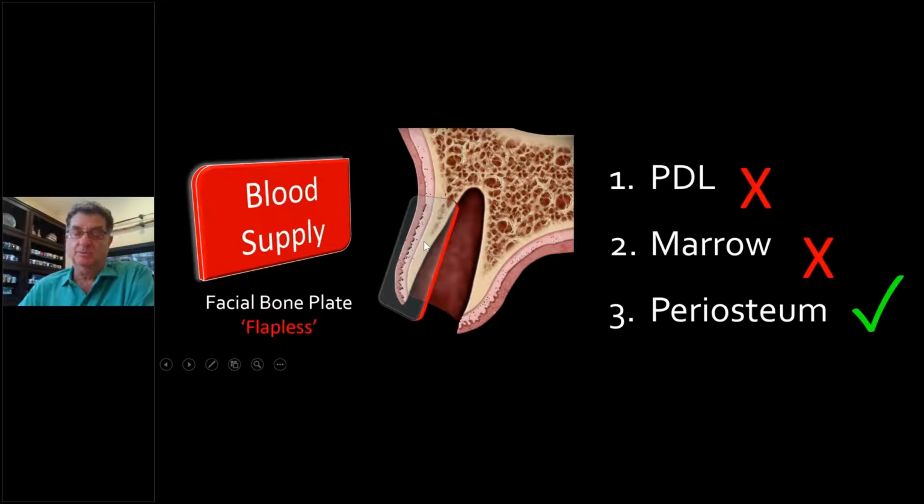So the last thing I want to do is lift up that periosteum, if it's there, and start to decrease the blood supply to that piece of bone. A lot of people do that and put in connective tissues and everything, even if the buccal plate is there. But I really feel that you should try to minimize that, as you will see. Try to simplify the surgery, especially if the buccal plate is there.